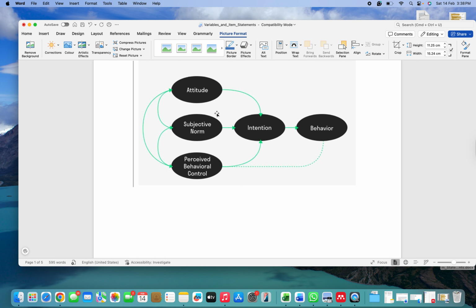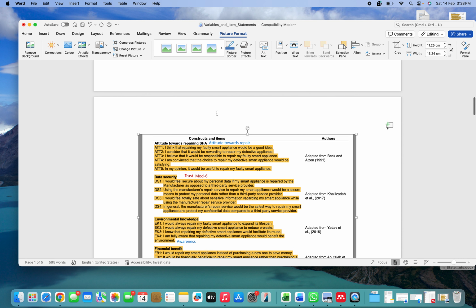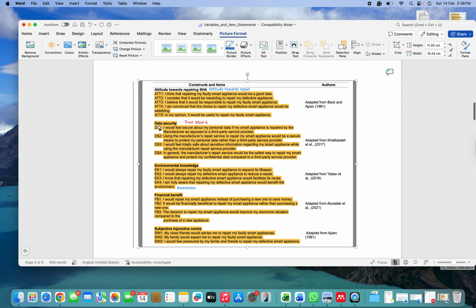Based on the construct we develop the statements, and sometimes we take the statements from the previous literature review. I'll show you in this example. Here, data security is a construct, and these are the statements. DS means the coding of data security. So statement 1, statement 2, statement 3 and statement 4. Data security is the construct, and the statements we call the items, which we measure in statistical analysis based